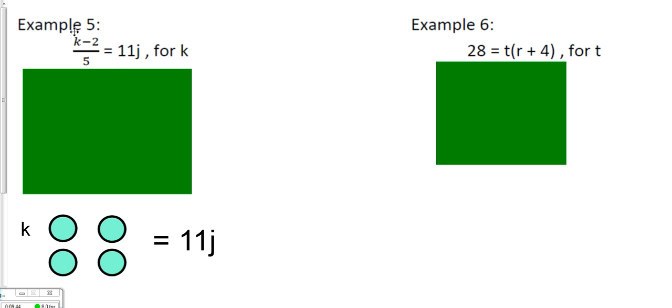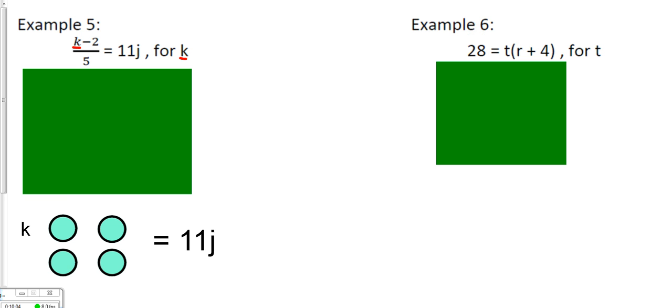Going on to example 5. As we work through this one, again, we're going to think just like our last one. Let's keep our order of operations in mind and think about what is happening to the variable. So in this situation, we're looking for k. What is happening to this k first? Is it being divided by 5 first, or